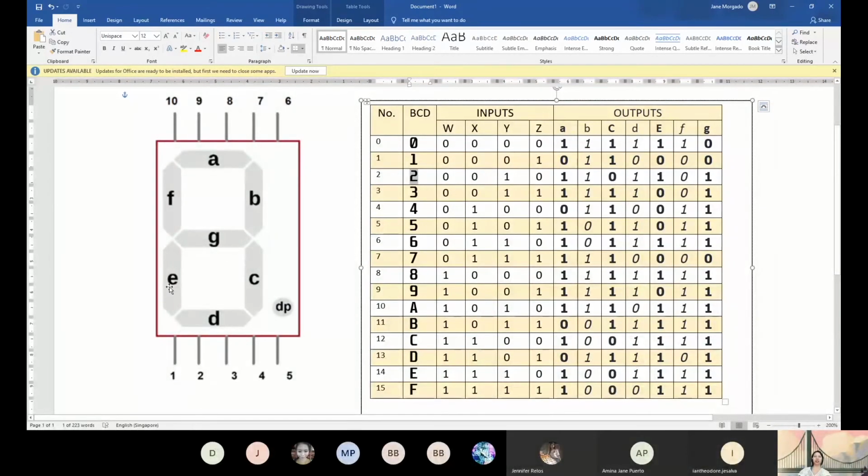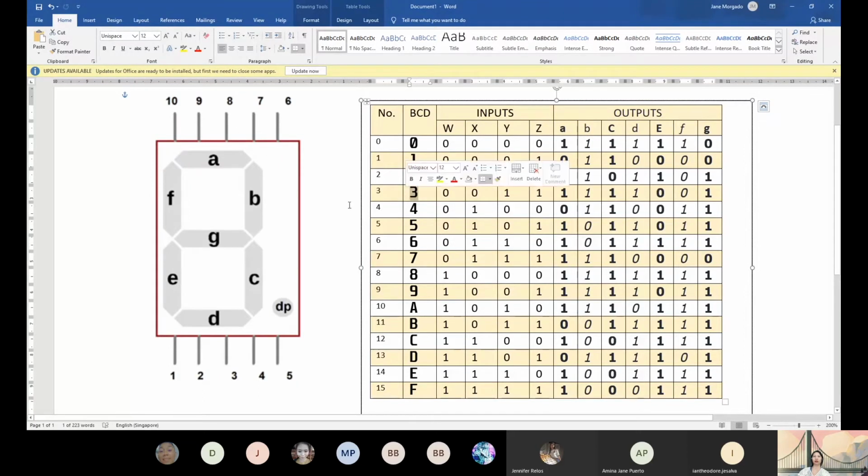A, B, G, E, D. Tama ba? You need to light up A, B, G, E, D. Tama ba, class? How about the others? Yes, ma'am. Okay. I need your feedback. Okay. So, going back,